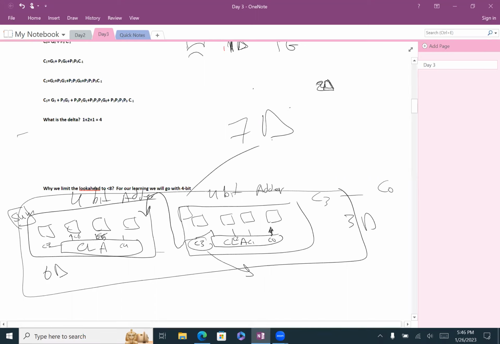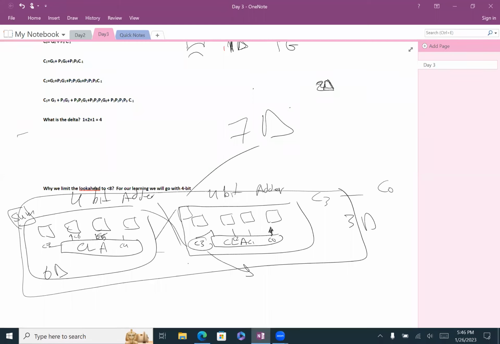Yeah, but what's the problem? The problem, yes, the problem, we are waiting on C3 before we start the second circuit, correct? So if there is a way to break this one, if there is a way to break this cable or this link, and find all the carries at the same time, then you will save some, or you make the circuit speed higher than